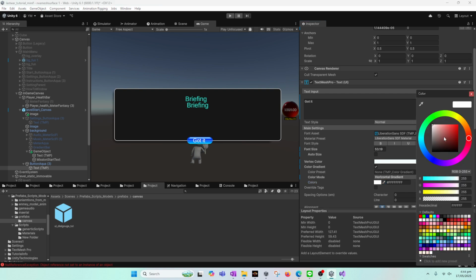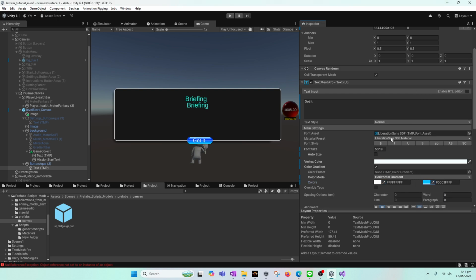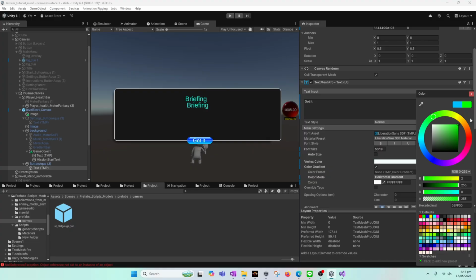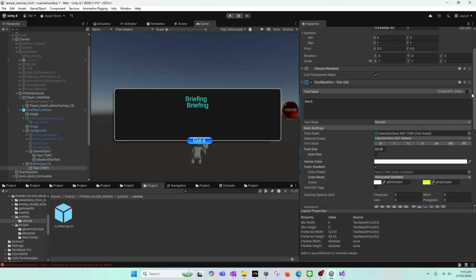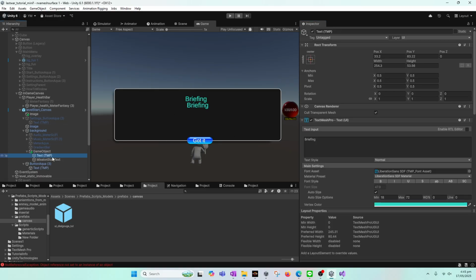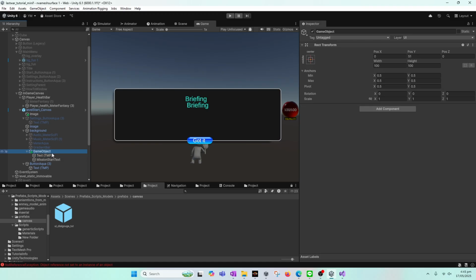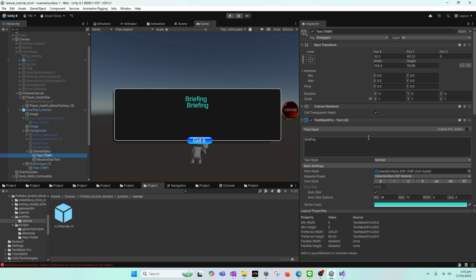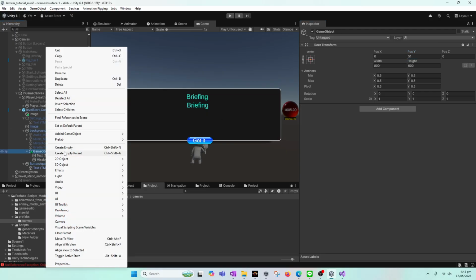So one will be white and second will be this value, blue or green. Yeah, something like this. And now inside briefing you will see the text is looking a bit better, and the further game object will be increased inside the size to 800 by 600, and here we will add the text. This was the briefing text, that is fine, and then we will create another empty here,